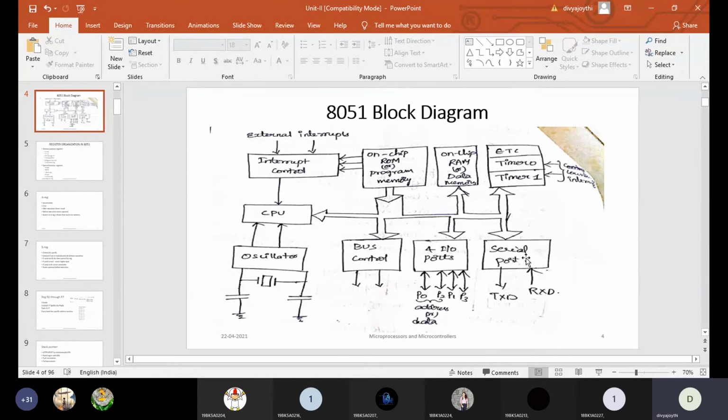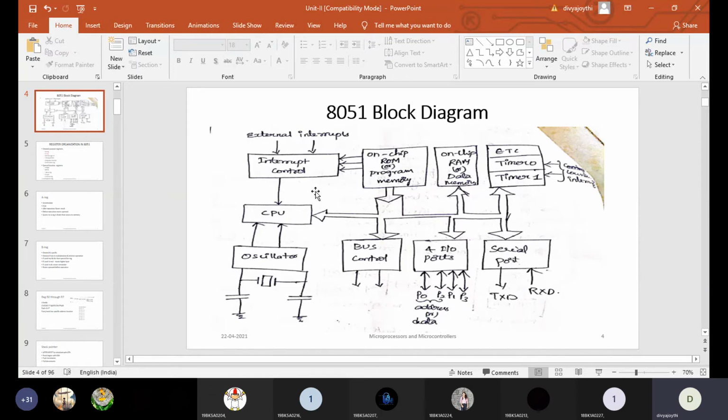So the devices which send the data bit by bit to the processor will be connected to the serial port. And the serial port has two pins, a transmitter pin and a receiver pin. TXD means the transmitter and RXD means the receiver. So TXD is outside of the serial port.